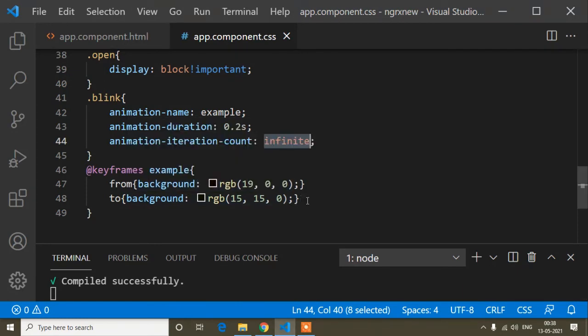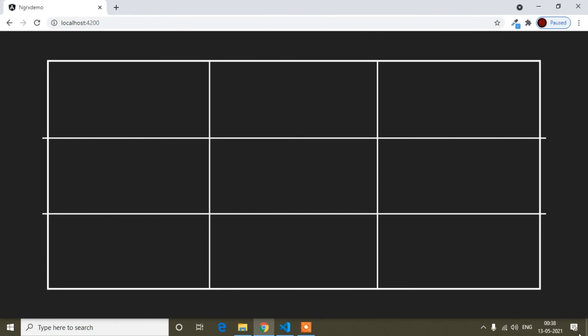So, guys, where will I add this blink class? When any user is the winner, at that time the boxes were blinking. I showed you this when I was showing the preview. I hope you remember that when the user was the winner, the boxes were blinking.